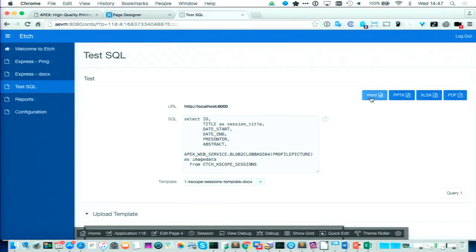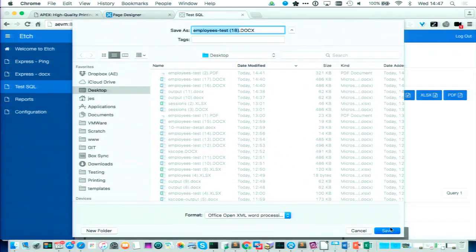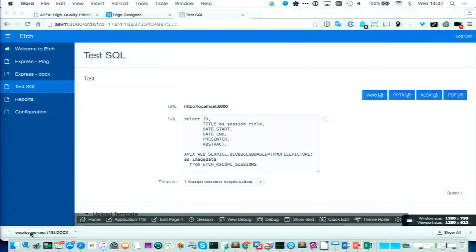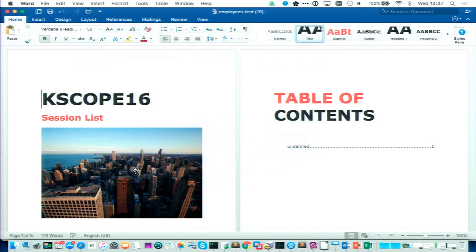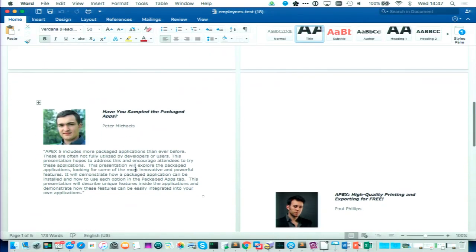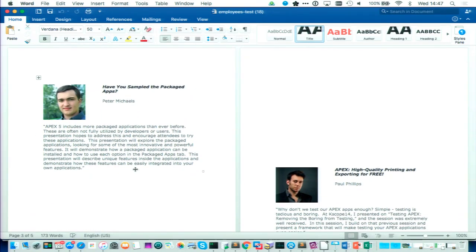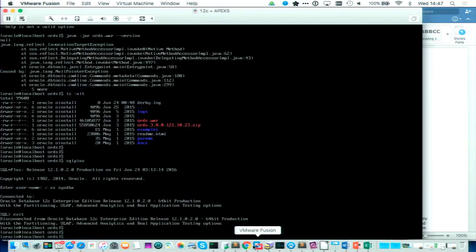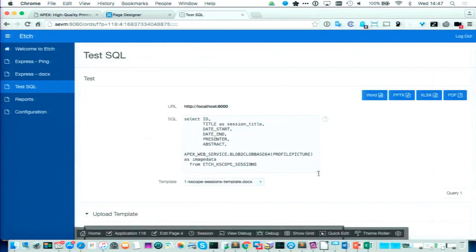Stating the obvious, it will either work or it won't. Okay, kind of the same demo as before, printing a Word document. This time we have a picture. The picture is stored in the database in a table in a blob column. So the query I used, if anybody was really fast and noticed the query,